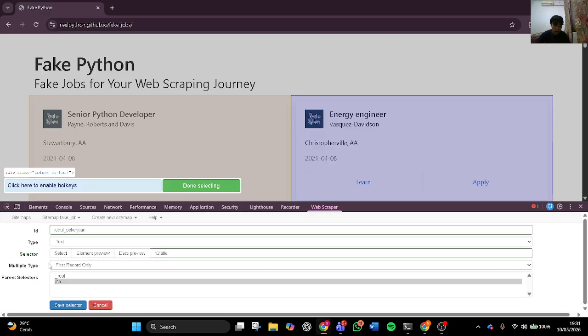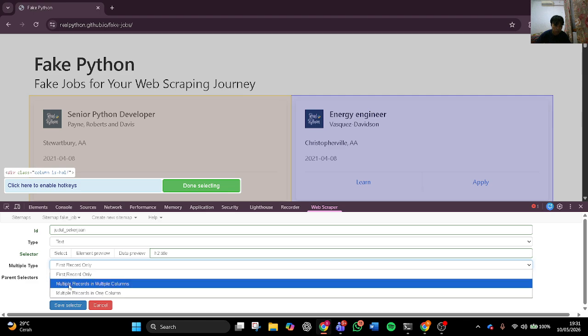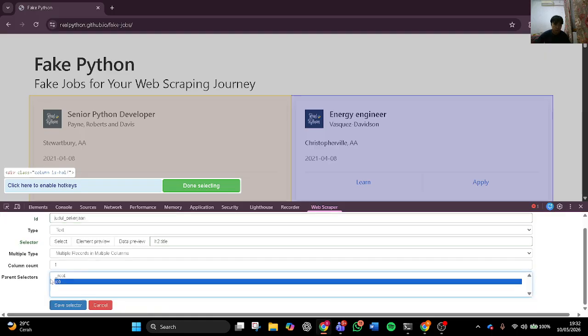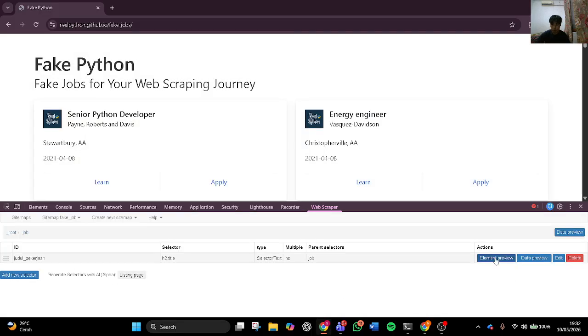Then okay, and the multiple type is multiple record in multiple column. So this will include all of the column, and the column count is 1, and the parent selector is job. So this child selector connects to the parent selector, which is job.